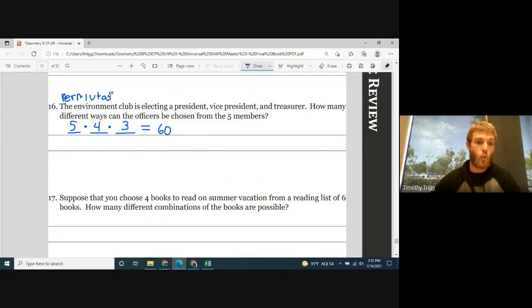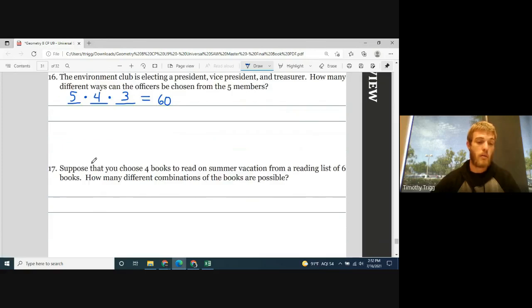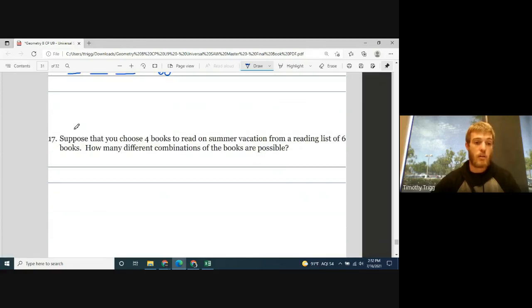And the reason why is because order mattered, right? Being chosen as vice president is different than president. These are all different outcomes. But this is a combination. So if a book gets put onto the reading list,